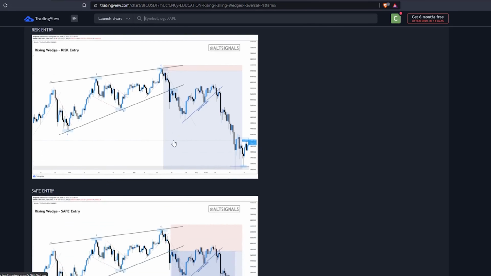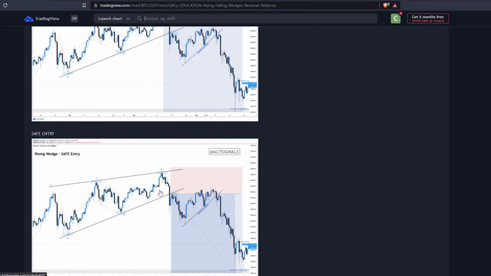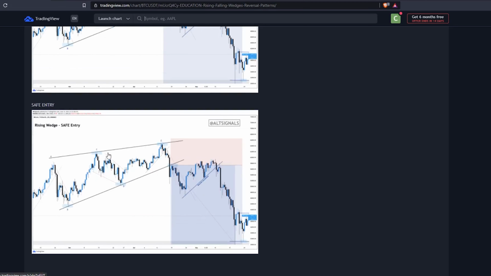Safe entry would be, let's look at the same idea here, and we've got the pattern formed, we've got the rising wedge formed, and instead of taking our trade here, we take our trade here. It's had the confirmation, so it's hit the top of that rising wedge, and now we're seeing a reversal, and it breaks this, which gives us confirmation that there is going to be a reversal pattern, and now we're going to see a bearish trend happen. But again, we're taking our trade here, but our stop loss is still up here. As you can see, there's more to lose in terms of if it does reverse and go up,